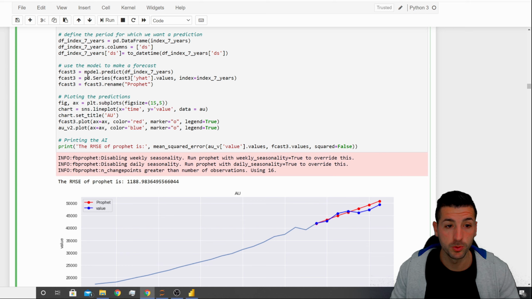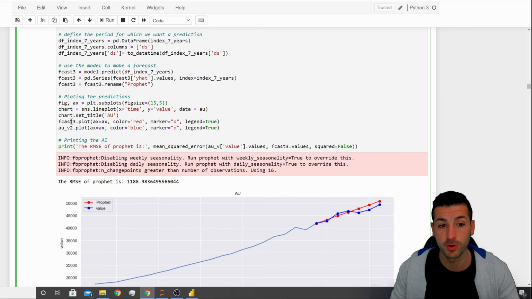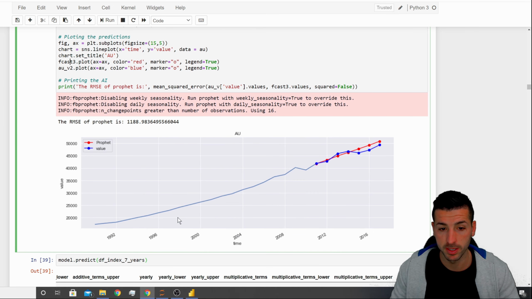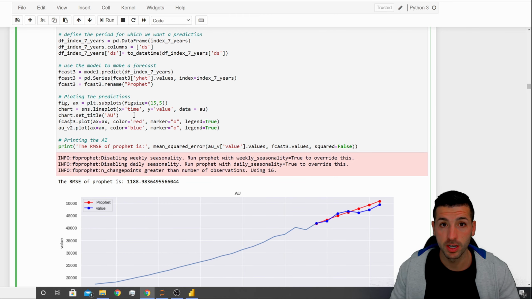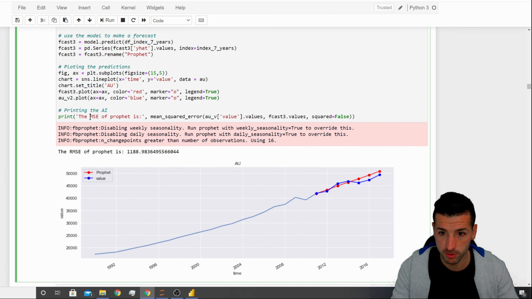So what I have to do is create a series with that y hat, the values, and then pass the same index as before, and then rename this series into profit. Then we have exactly the same code as before, but instead of forecast 2, now we have forecast 3, and we are plotting the data down here. Additionally, we are printing the root mean square error, but it's actually the mean square error because we are not squaring it, which is